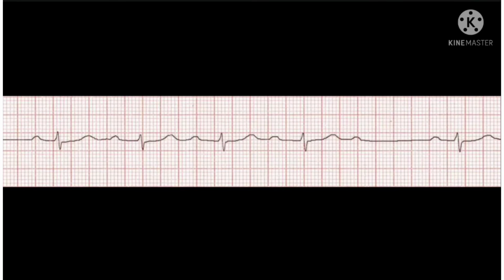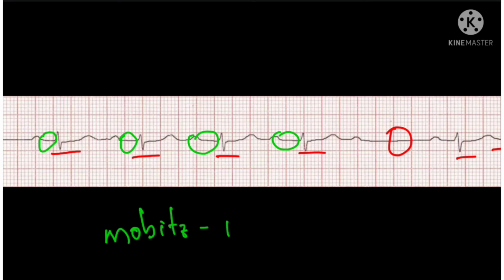In this ECG also, after conducting 1, 2, 3 and 4 impulses from the SA node, the AV node becomes fatigued and drops another beat to prepare for the next impulse. But here there is no increase of AV nodal delay. This is an example of Mobitz type 2 heart block. This Mobitz 2 heart block is the most common heart block in post-MI patients.